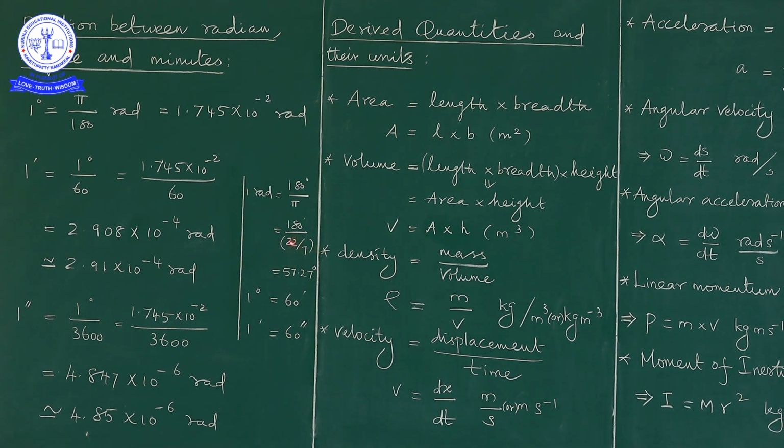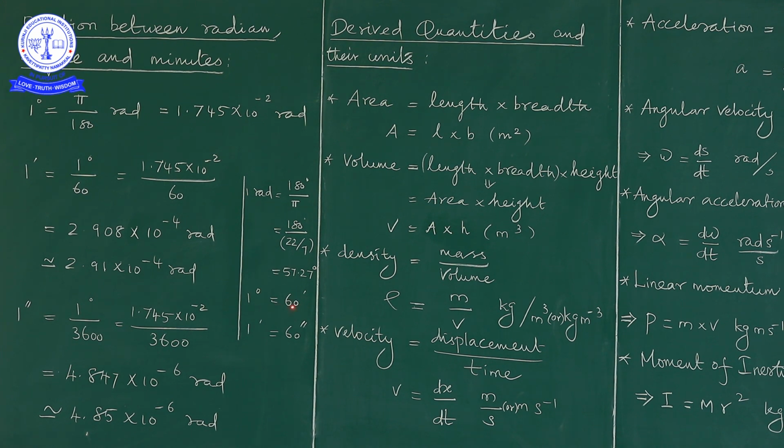While simplifying by using the logarithmic value or the ordinary division, it becomes 1 radian is equal to 57.27 degree. So hereafter, while using, 1 radian is replaced by 57.27 degree. So keep in mind 1 radian is equal to 57.27 degree and 1 degree is equal to 60 minutes.